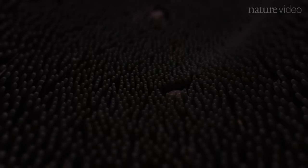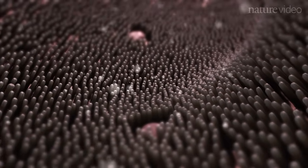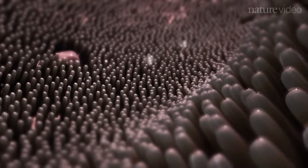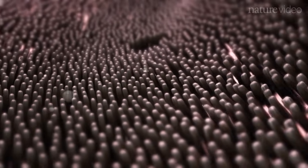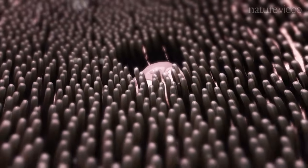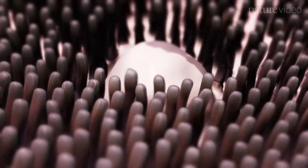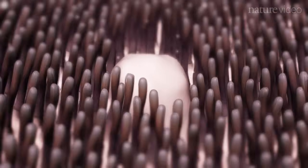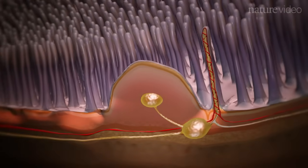The intestinal surface is covered with finger-like protrusions called villi, whose primary function is the absorption of nutrients. However, these structures and the underlying tissues also host the body's largest population of immune cells. Scattered along the intestinal mucosa are dome-like structures called Peyer's patches. These are enriched in lymphoid tissue, making them key sites for coordinating immune responses to pathogens whilst promoting tolerance to